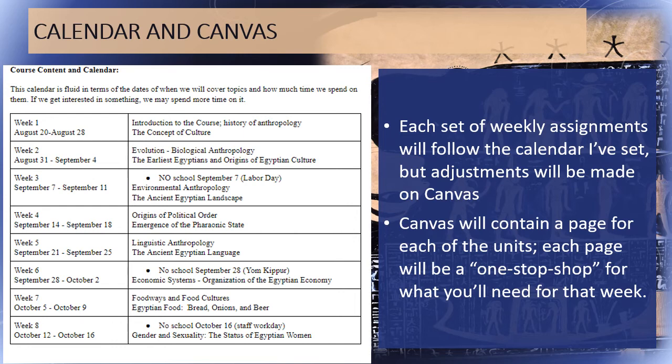Then it's going to be environmental anthropology, and we'll talk about the Egyptian landscape. We'll be looking at the ancient Egyptian pharaonic state. We'll talk about language and linguistic anthropology, the economy and food. So we're not necessarily going to march history-wise through ancient Egyptian history. I will try to do some of that as we go, so you can have a sense of how the history of ancient Egypt works. But really, this will be more of a cultural study of the ancient Egyptians.